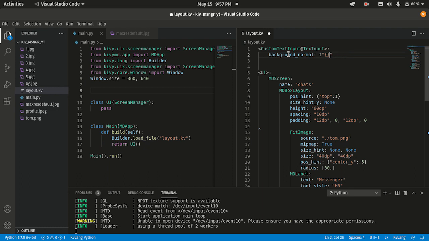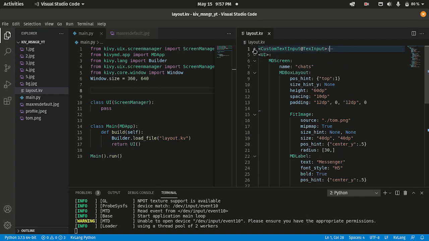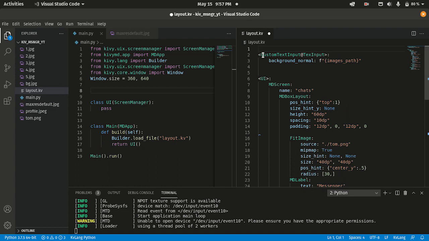And here I'm going to load a variable or a function, something like that, but I didn't declare it. So let me declare these images first. I'm going to import this module from kivymd.images_path. So import images_path